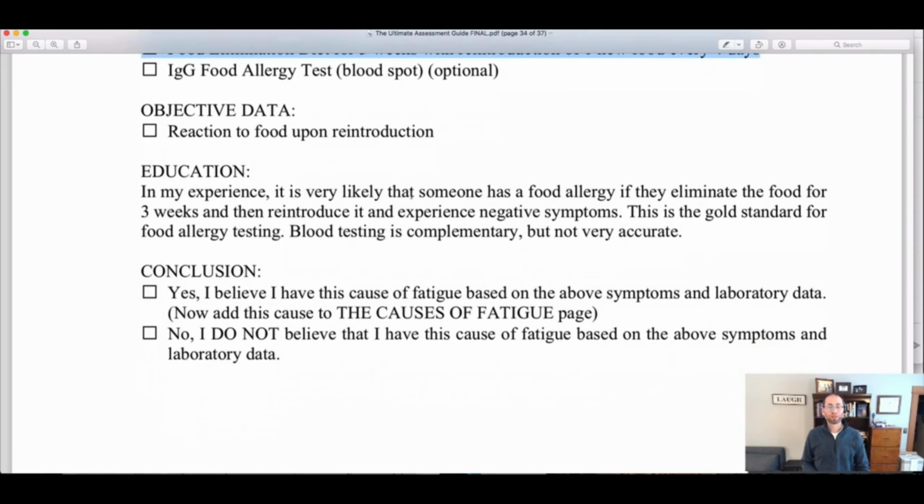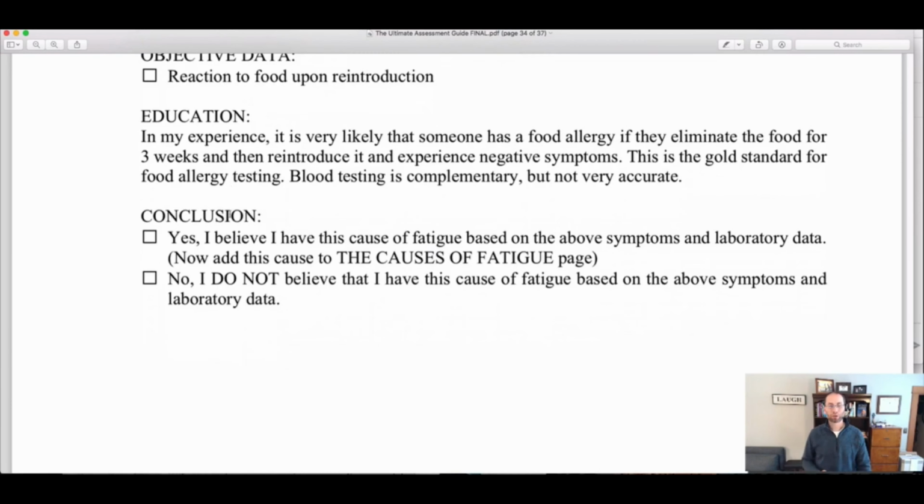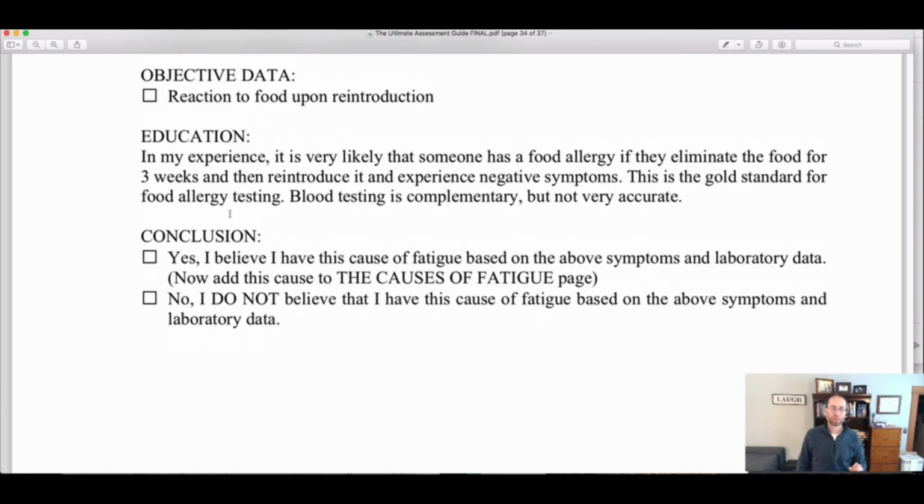And in my experience, it's very likely that someone has a food allergy if they eliminate the food for 3 weeks, then reintroduce it and experience negative symptoms. This is the gold standard for food allergy testing. Blood test is complementary, but not very accurate. So make the conclusion. One other nuance to that is that gluten oftentimes has to be out of the body